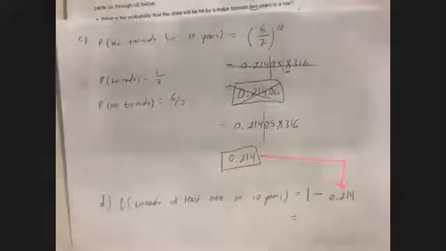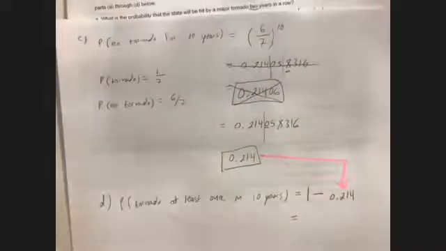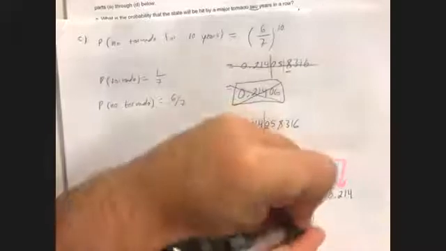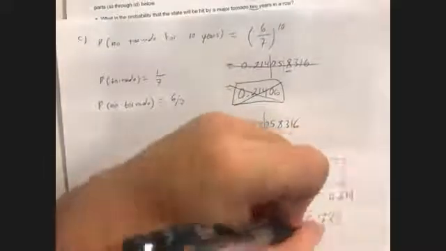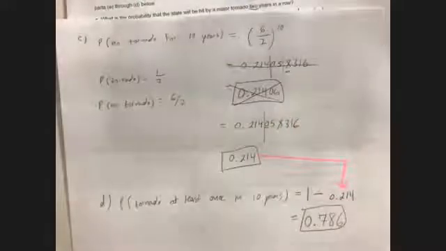If I have at least 1 tornado in 10 years, then it's 1 minus that number. So 1 minus 0.214 is 0.786. Okay. So we're going to stop the video there, and then we will do the last 4 and